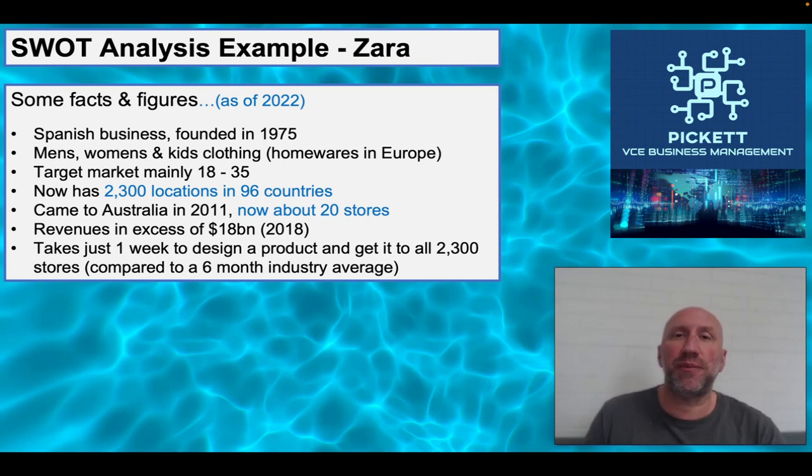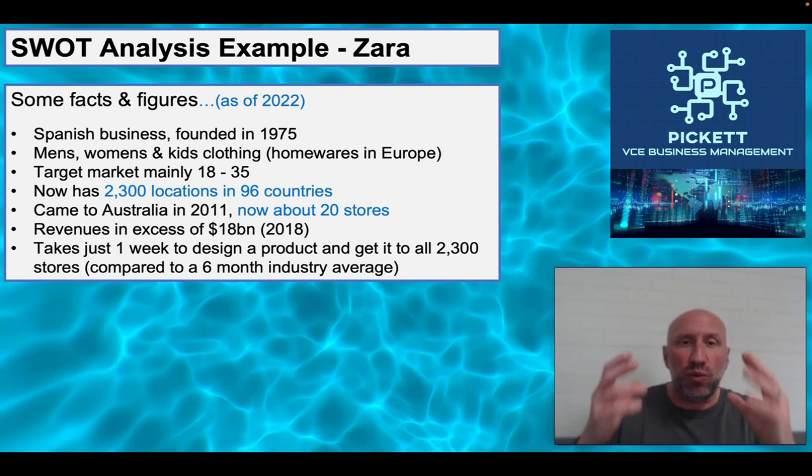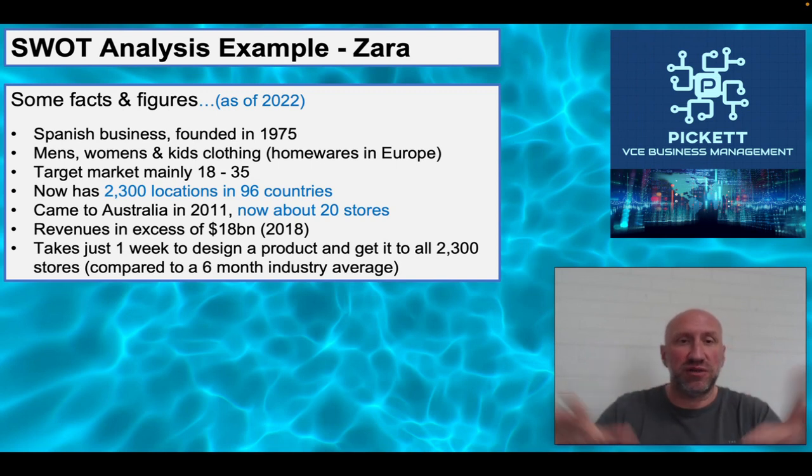So if you think about the nature of fashion, trends change. So one of their absolute strengths as a business is the ability to pick up on a change in trends, come up with a design and get it out across 2,300 stores, 96 countries inside of 7 days. That is ridiculous. How they do it, I don't know, but that's what makes them, or one of the things